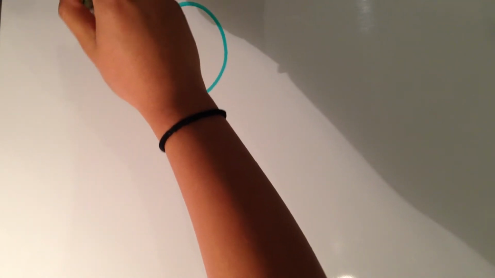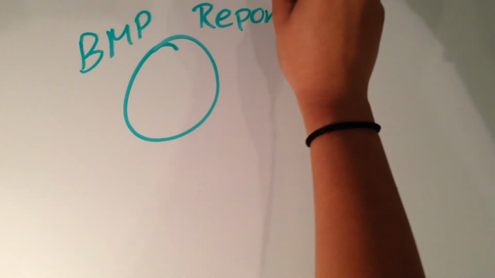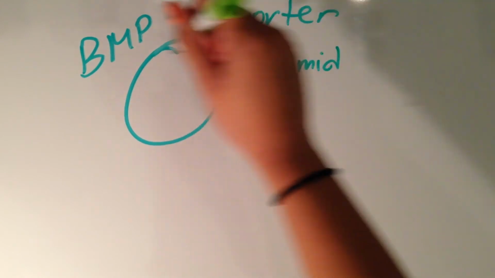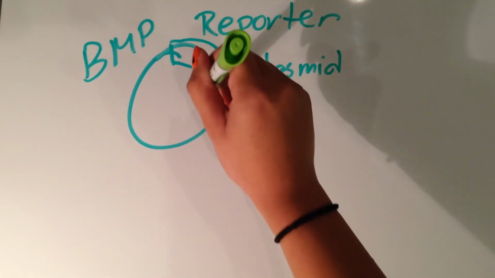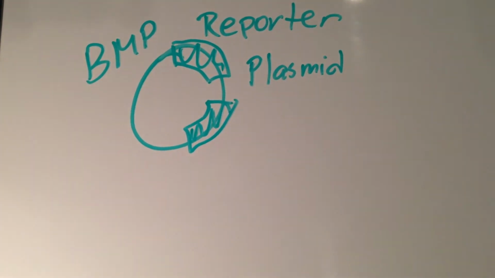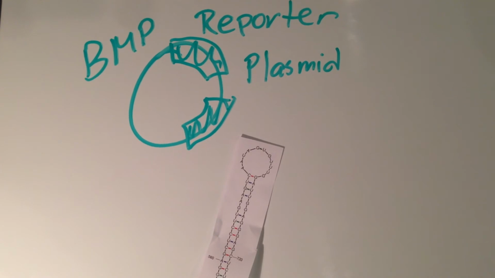To further investigate if microRNA 200C actually regulates BMP signaling, a BMP reporter plasmid that had 2 BMP responsive elements was used in conjunction with a microRNA 200C and were co-transfected into LS8 cells. By doing this, it proved that BMP signaling indeed played a role in dental epithelial differentiation. The transcription factor